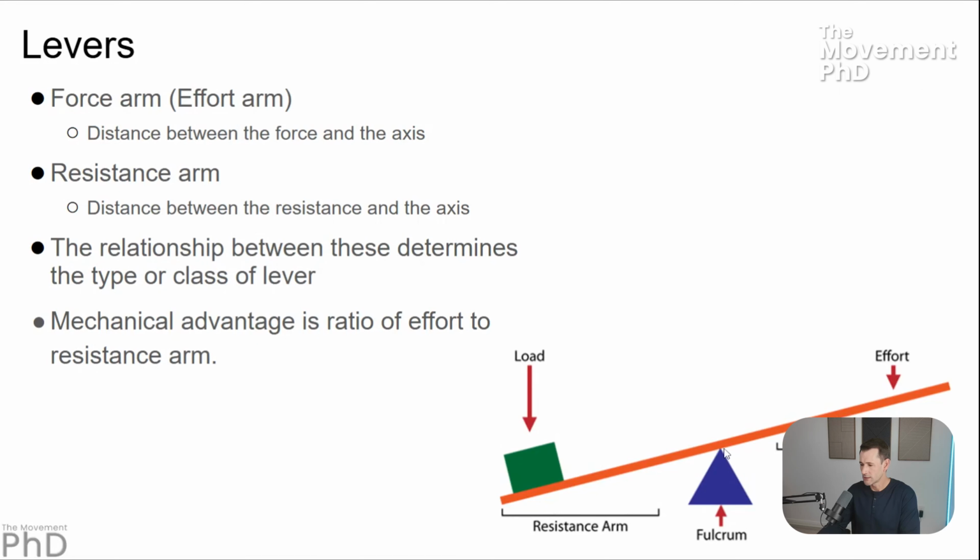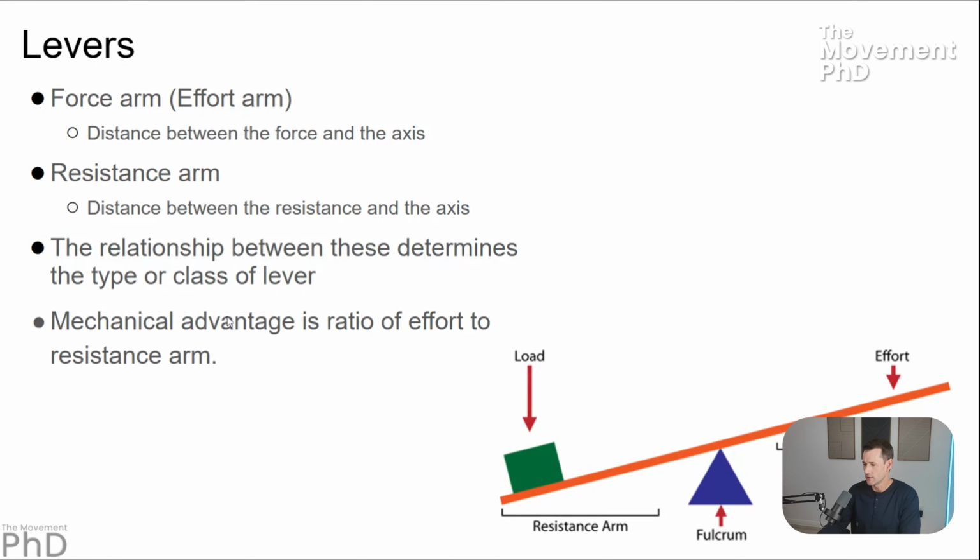The resistance arm is going to be the distance between the application of an external load, whether it's the center of mass of my arm or whether it is the distance from the coffee cup I'm holding in my arm to the elbow. The relationship between these determines the type or class of lever, and we'll go through each of